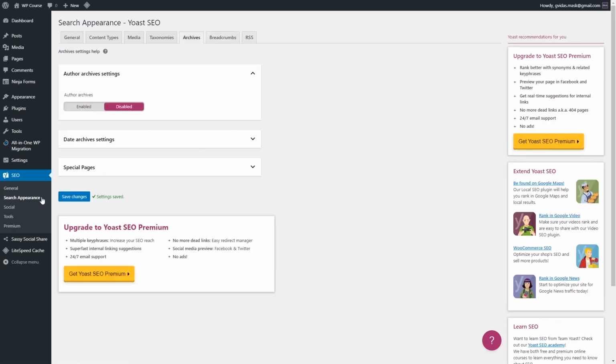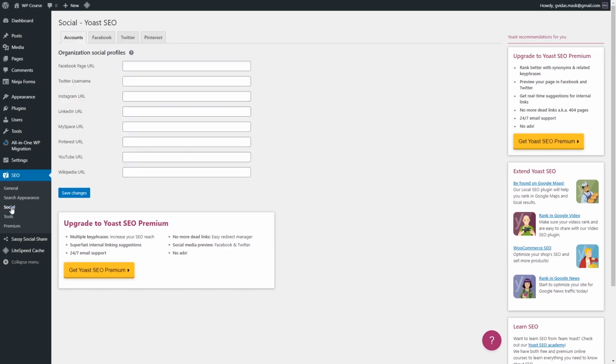We can move on to Social tab. In Social section, just add your social media profiles, and once you have done this, just hit Save. And in all these other sections, we will not be doing any changes at all. So once you have finished doing all these changes, we can go ahead and start optimizing our blog post with